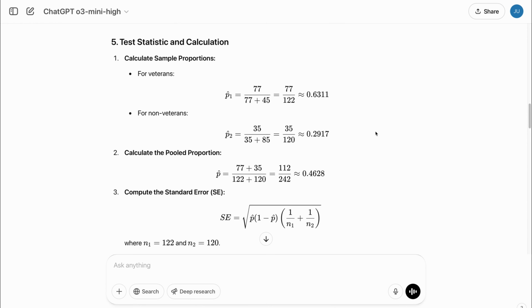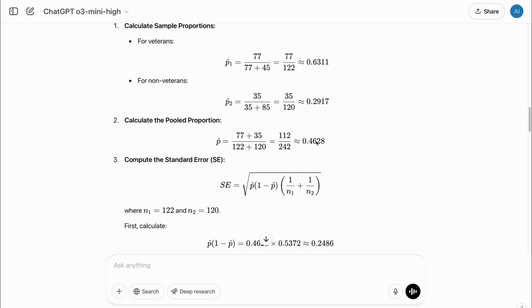Now we're going to calculate the test statistic. For that we need p1 hat, the estimate of the probability of disease given exposure. We've calculated this before. It's 0.631. And for probability of disease given not exposure, it's 0.292. And then we just simply need p hat, the pooled proportion. And as you can see there, the 112 divided by the 242, just as we did, gives us this